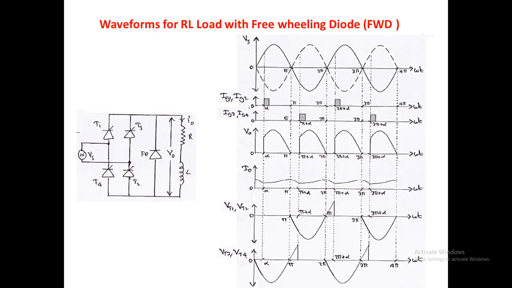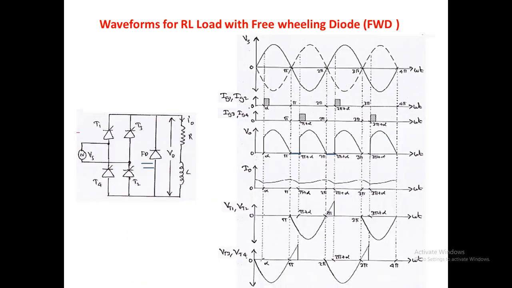So this is the next case. Here we have included the freewheeling diode in parallel to the load. So by connecting the freewheeling diode in parallel, we will not get any negative spikes in the output voltage. Since for RL load we will get the negative spikes, this will be eliminated by connecting a freewheeling diode. That is for alpha to pi,